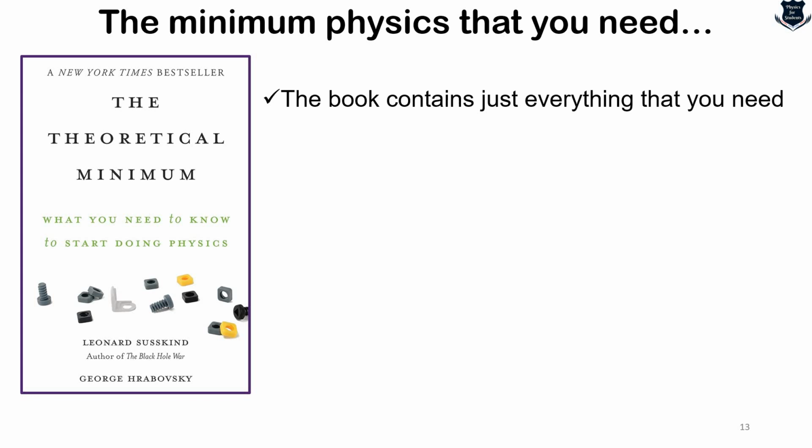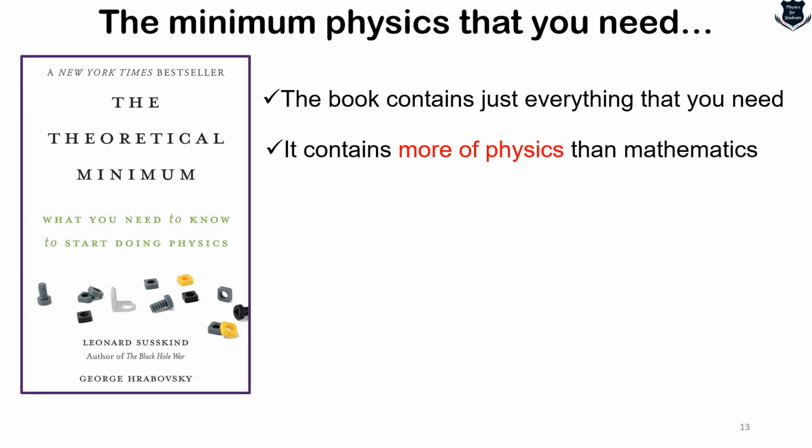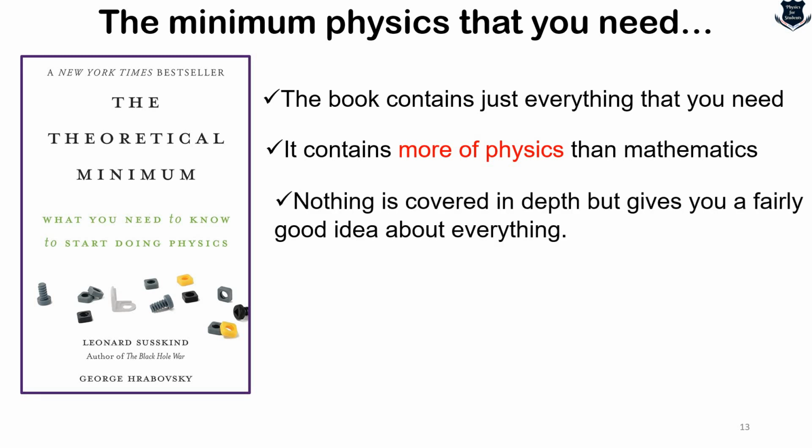Because it is a minimum, the book title is Theoretical Minimum, so obviously you won't have an in-depth analysis of each and every chapter. So this is obviously the minimum. It contains more physics than mathematics. Yes, physics is more predominant in this book rather than dealing with mathematics, and nothing is covered obviously in depth, but it gives you a fairly good amount of understanding of what the minimum physics and mathematics topics are that